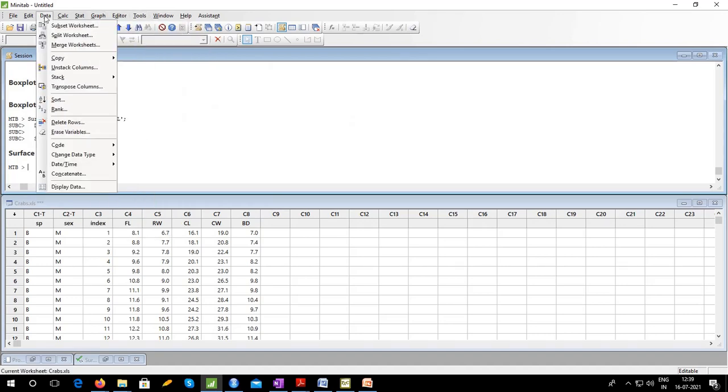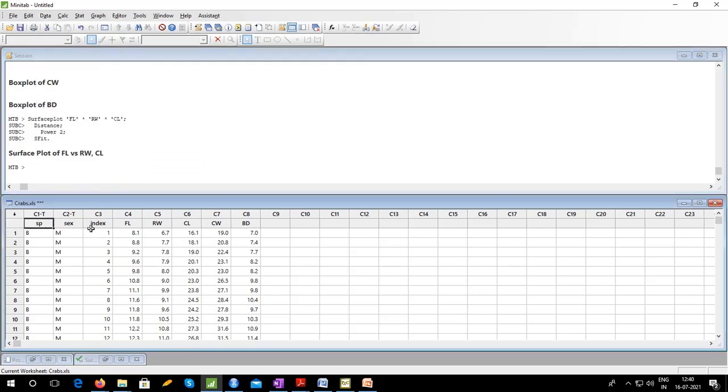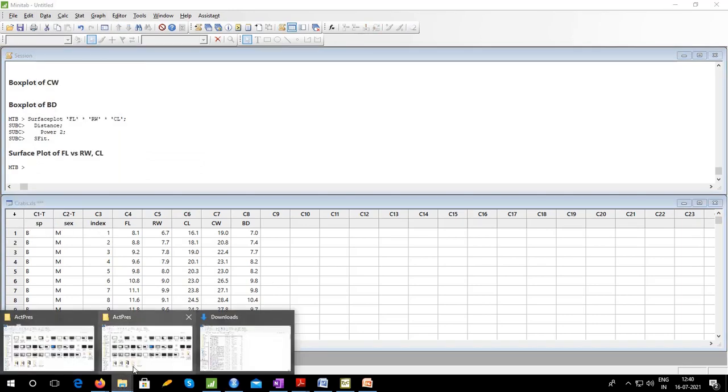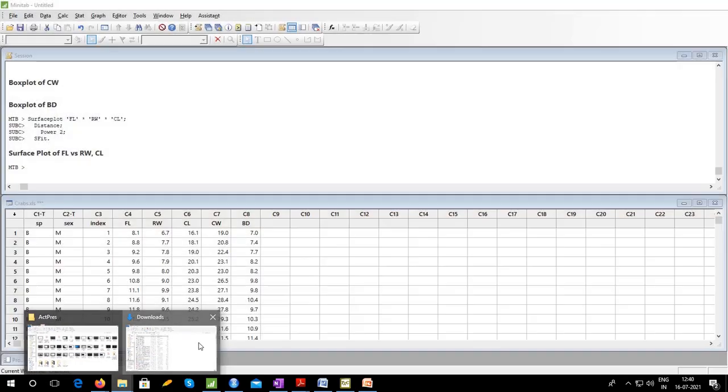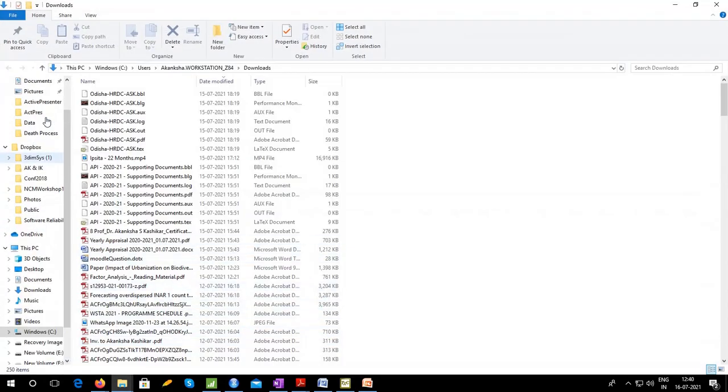Oh yeah, this is also important, change data type. So I showed you that C1 and C2 have T in front of them because they are text columns. Sometimes what happens is you can copy paste also. See, it is possible for you to copy paste data in Minitab from some other file. So if I open, say, this Excel file,